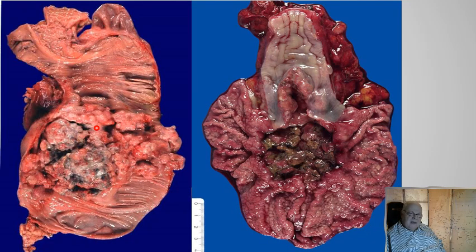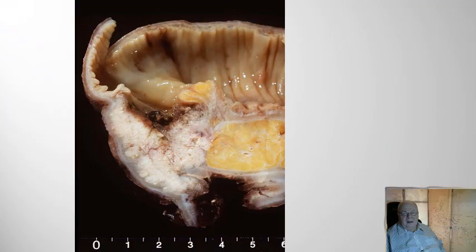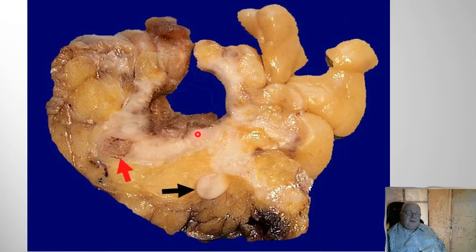And here we can see a vegetant tumor growing on the surface of the large bowel mucosa. Here we have an ulcerative gastric cancer, so it's in the stomach. We have here an ulcerative tumor, but also with infiltration, so it's ulceroinfiltrative adenocarcinoma of the small bowel. And here of the rectum, also ulcerative and infiltrative, with necrosis inside as a secondary transformation, and also with a local lymph node metastasis.